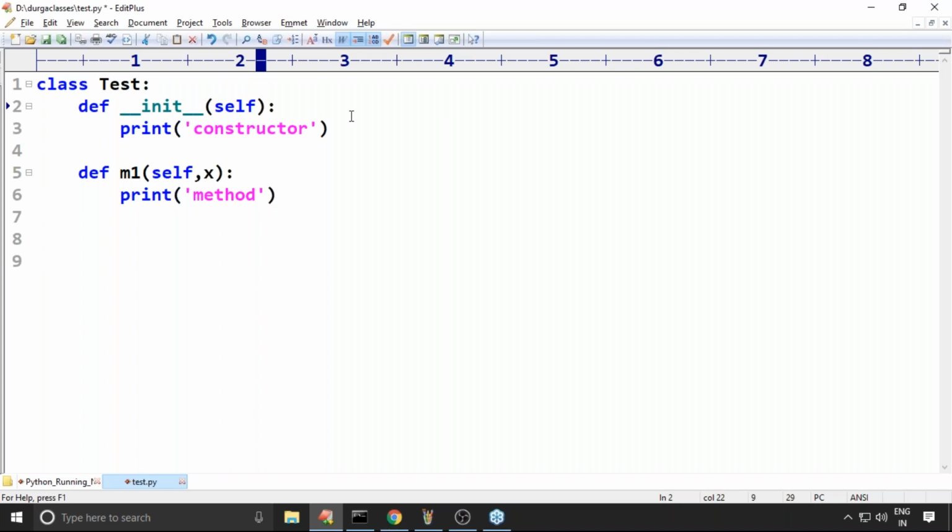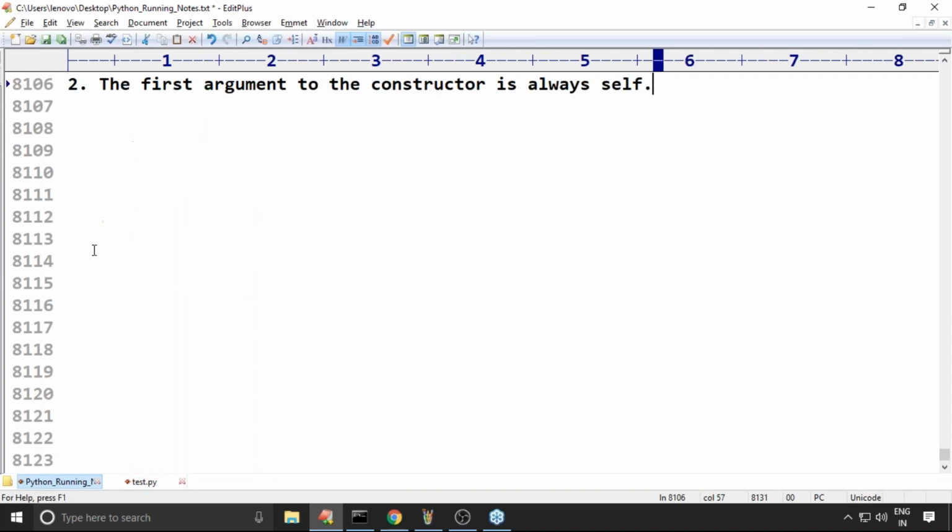Next, what is this method? Very important. This point I didn't talk much about, but in detail it will come in the next term. Within a Python class, three types of variables are allowed: instance variables, static variables, and local variables.